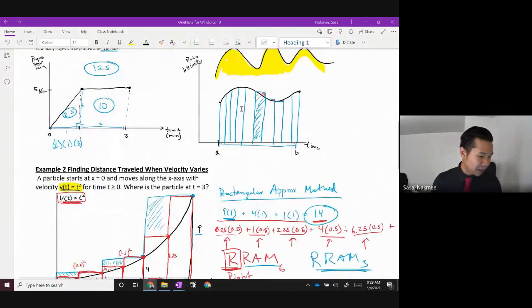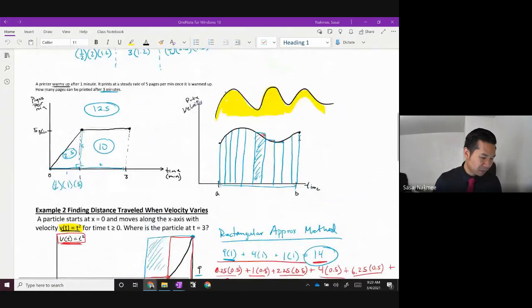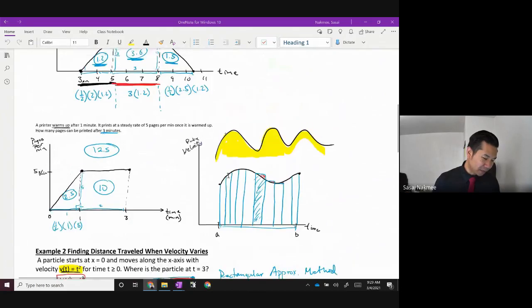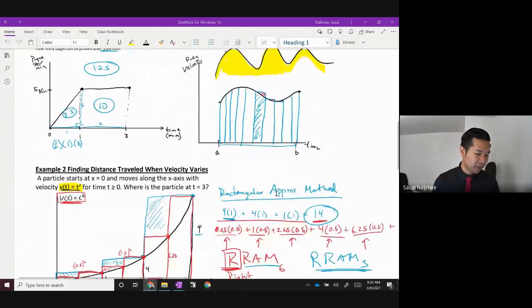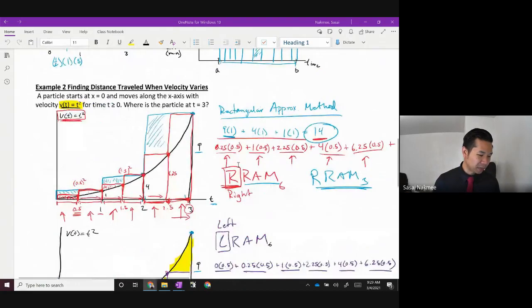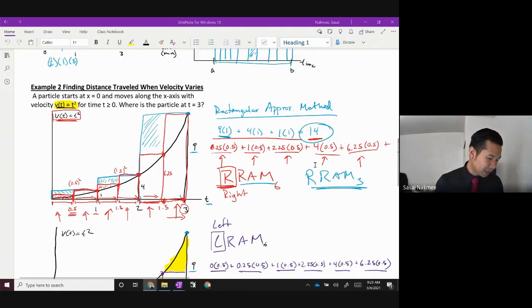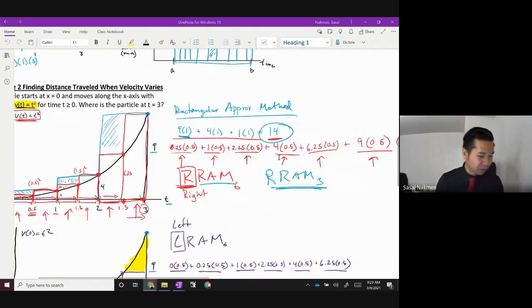Now, we found out that if we had something that was curvy, we can still draw little rectangles to calculate it, but it won't be exact, right? It will just be an estimate. And we have this rectangular approximation method where we draw rectangles in here. And then we also saw that as we increase the number of rectangles, the approximation of that area changed as we went there.